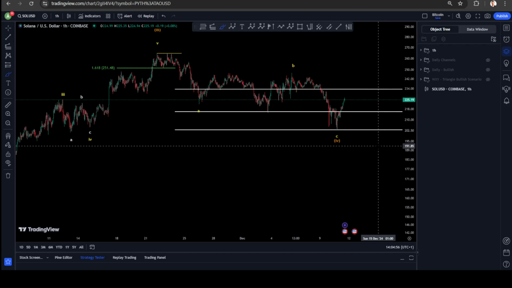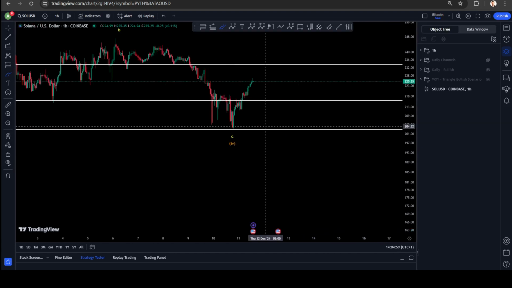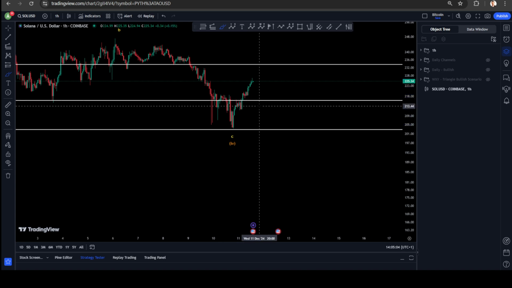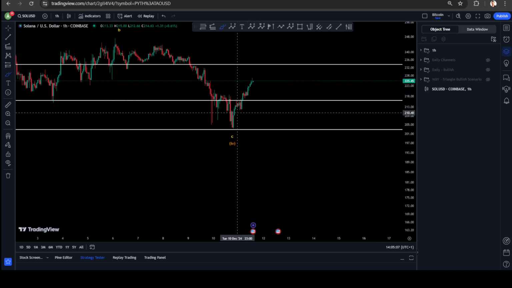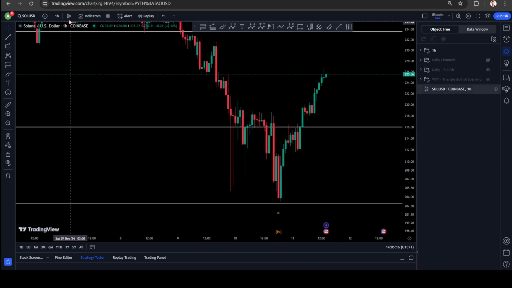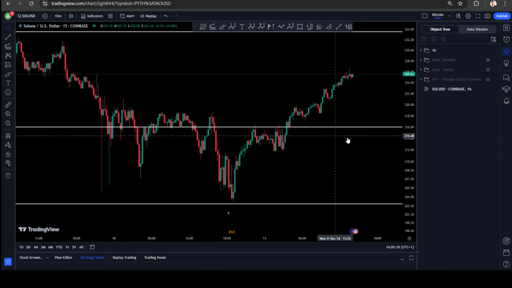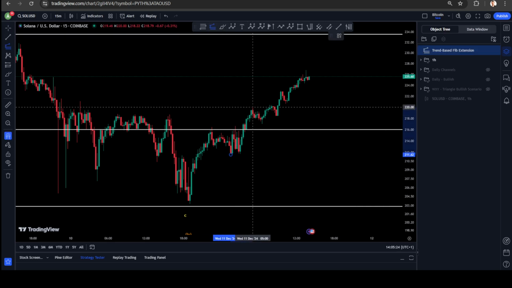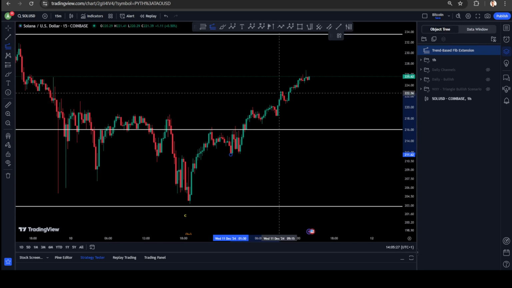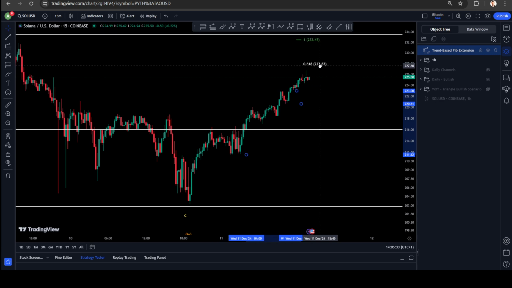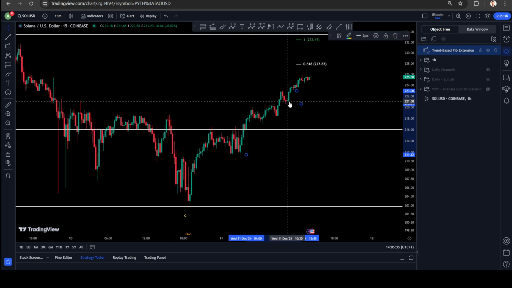After finishing this wave 4 here, we are looking currently on the 1 hour chart at a leading diagonal with 5 waves toward the upside. However, this wave has started to be longer than your wave 3 probably, and that means this might be your double 1, 2 here. So to make sure of it, maybe let's go to the 15-minute chart. It would be much clearer. Here we go. So if we take the fib level taken from this wave here, let's say 1, 2, 3, 4, 5. Okay, no, I think we are still good. That's why sometimes it's very important to go on the 15-minute chart to see some micro analysis inside it.